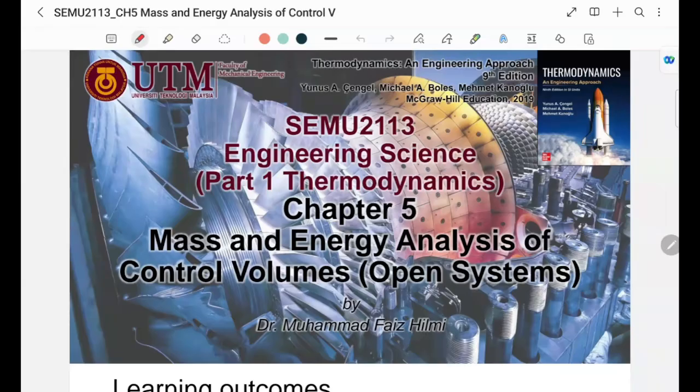As a working fluid, we also look at ideal gas. So either closed system or open system, the working fluid can be any substance. If it's a pure substance, if it's not an ideal gas, then we have to refer to the thermodynamics table to find the property. But if it's an ideal gas, the gas which is light enough, then we can approximate it with an ideal gas equation. So it makes the calculation for the property slightly easier because we can apply the ideal gas equation to calculate the property.